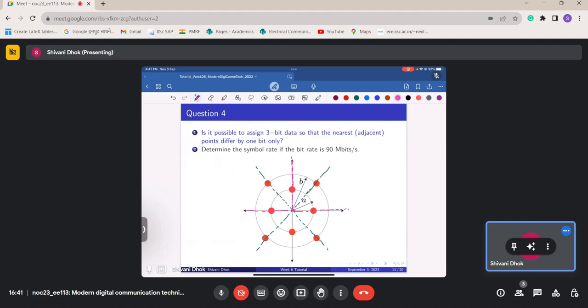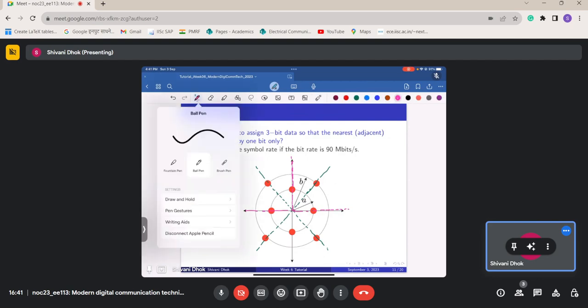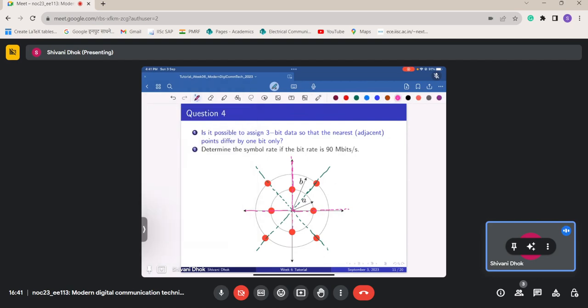Then the decision region for this will be this region, and so on. So basically this decision regions thing is somewhat weird, and there won't be a proper decoding if I consider it